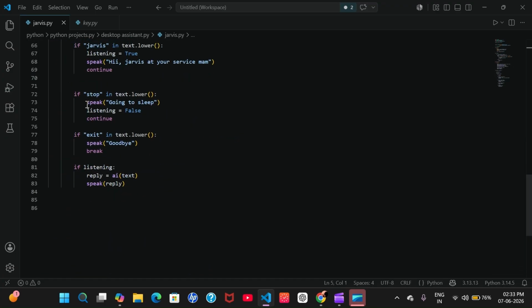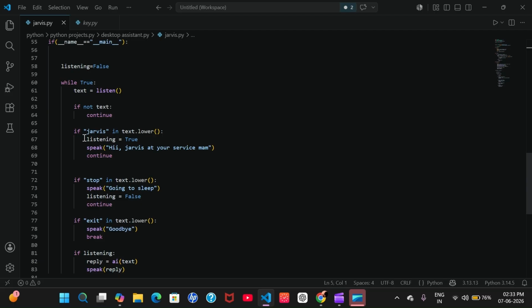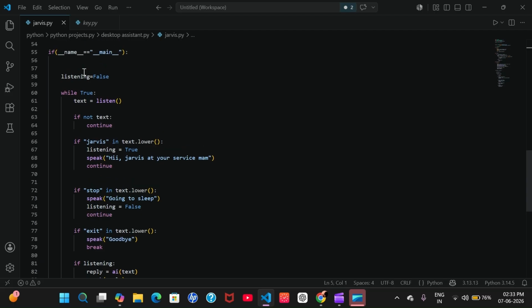I'm expecting, guys, that you know the basics of Python. So this statement, while True, will always be true, so you can put your statements here. Okay, first of all, I am making my Jarvis like a desktop assistant. It will wake up when I say Jarvis, and when I say stop, then it should say go to sleep, something like this.